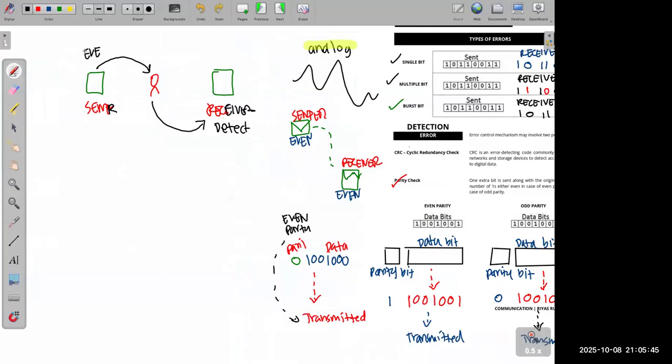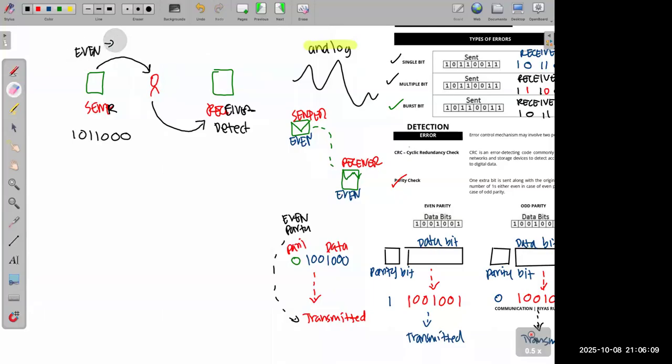Both of them have a communication, machan. If I am sending it to you from this side, I will only send even. From this side, if I am sending it to you, they have a contract: I'm only sending even numbers for you, I'm only sending odd numbers for you. Did you understand? So in the same way, when you have the data bit, let's